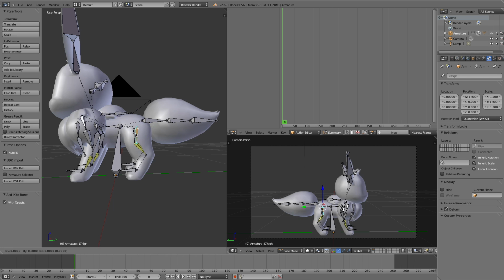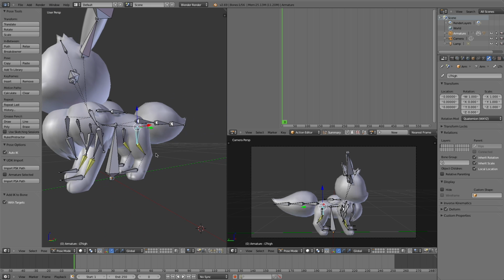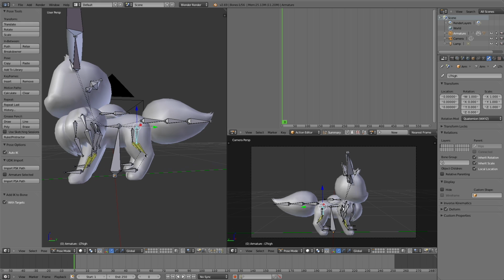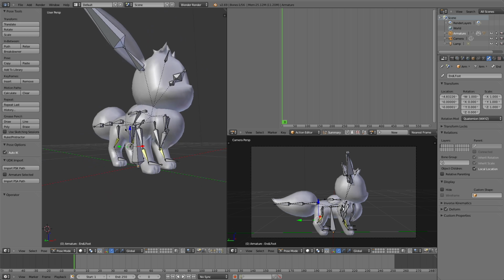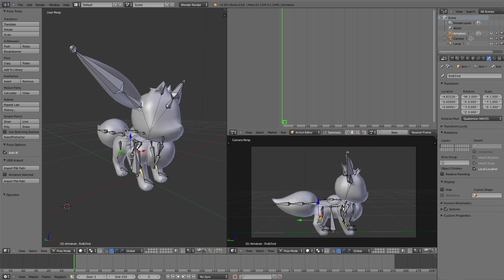Again, if you want to animate the legs, you want to use the end bone only, not the bones connected to the chain, because you'll find very stiff and sometimes very weird results, as you're seeing here. You want to grab or move the end bone up and down, because the rest of the bones will come with it. This tip will save you a bunch of time and is a very major step in animation, and